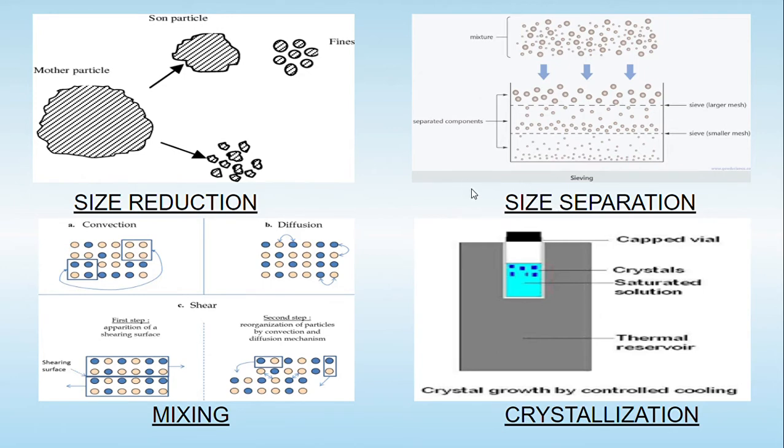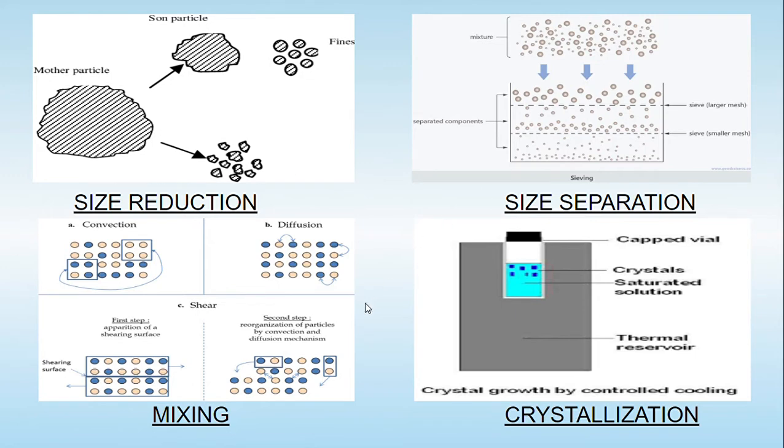Another unit operation is known as size separation. In this unit operation, we are trying to separate the different size particles from the mixture into different particle size distributions by the use of a tool called a sieve. By using this sieve, either the larger or the smaller mass, we divide these particles into